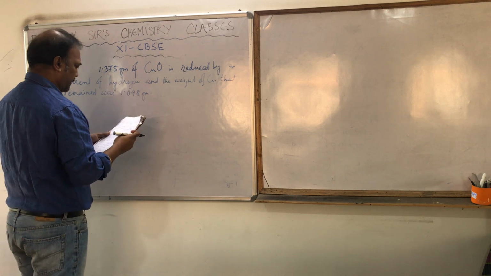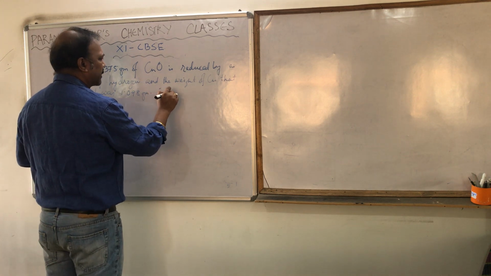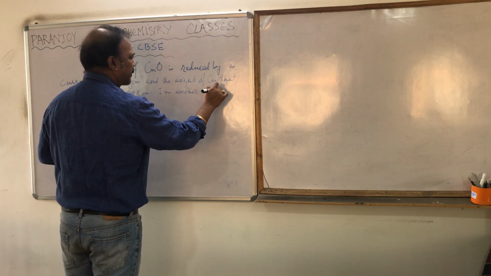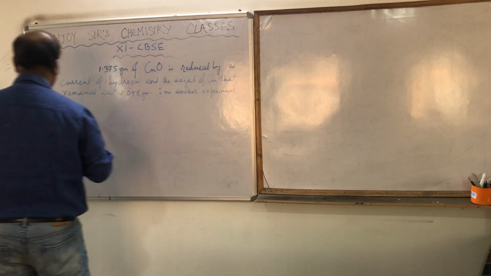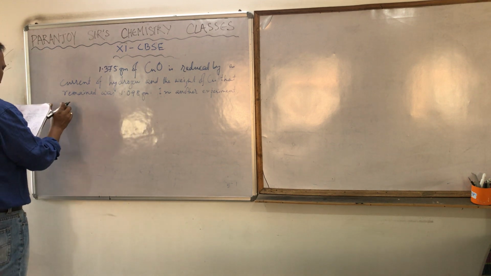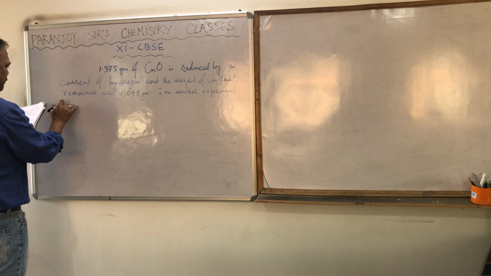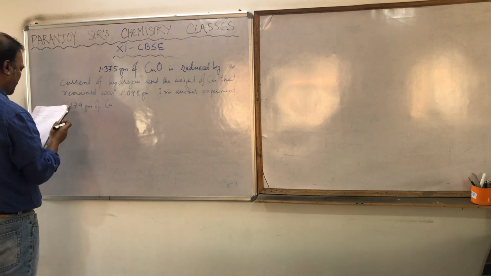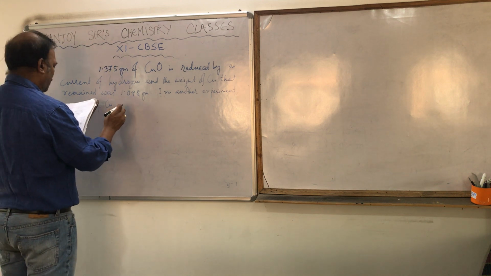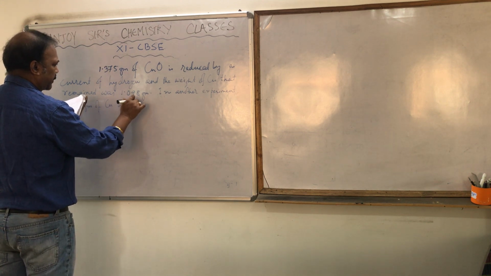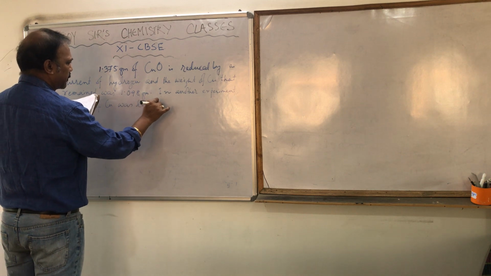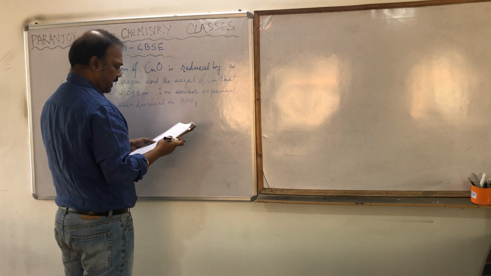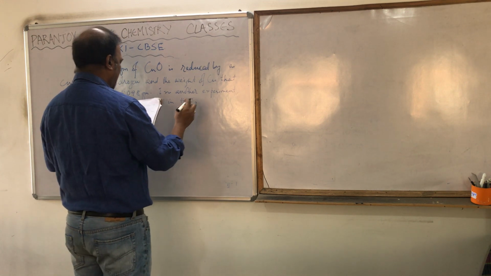In another experiment, 1.179 gram of copper was dissolved in HNO3,